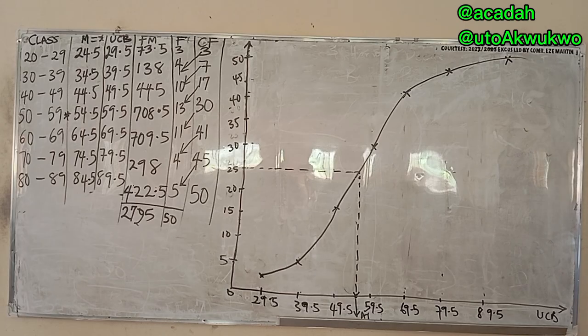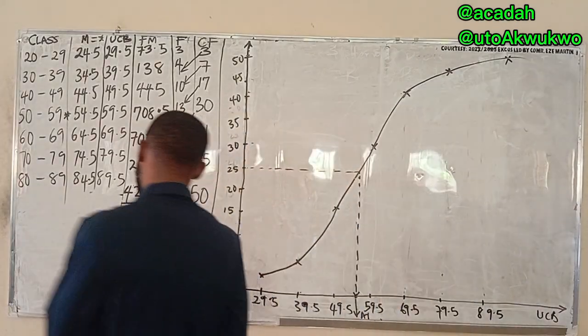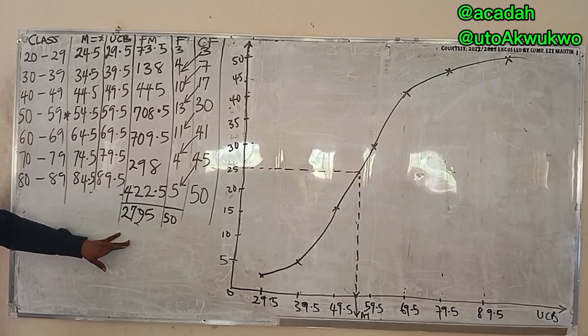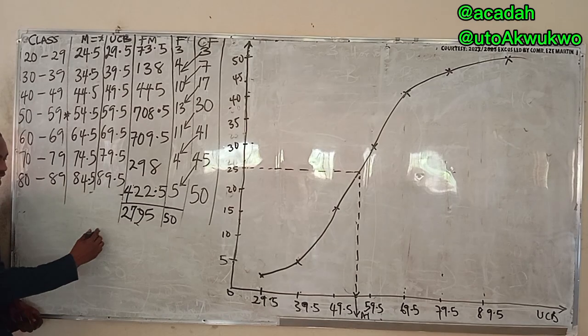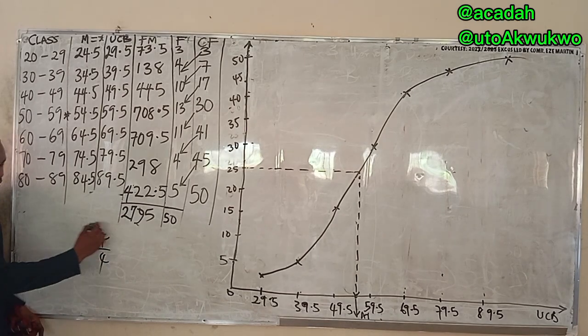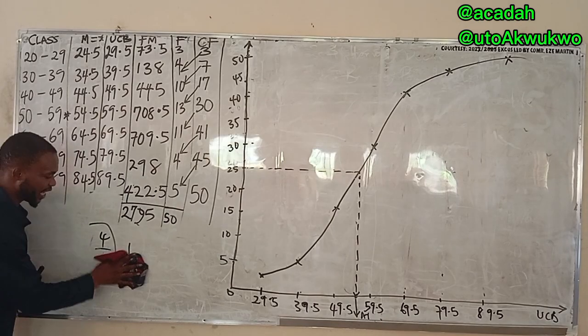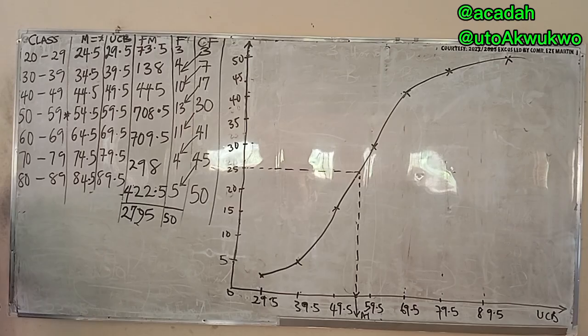In objective questions, they may ask you another name for third quarter. It is upper quarter. And you can see why we don't have 4 over 4: 4 over 4 is 1, so it ends at 3 over 4. Having noted that, if I'm to find Q1, which is also called lower quarter or first quarter, another name for first quarter is lower quarter. Third quarter, another name for it is upper quarter.